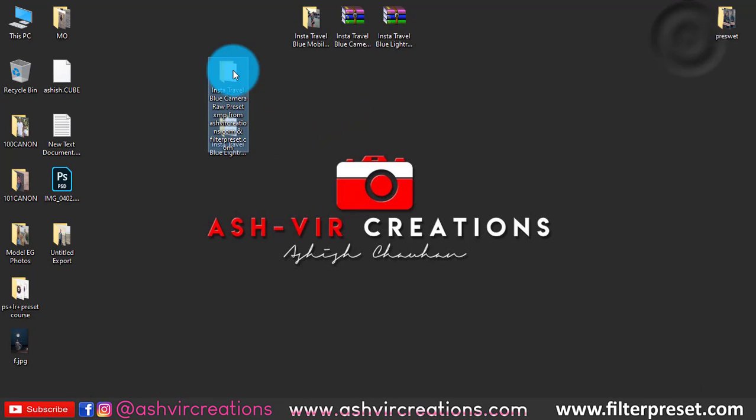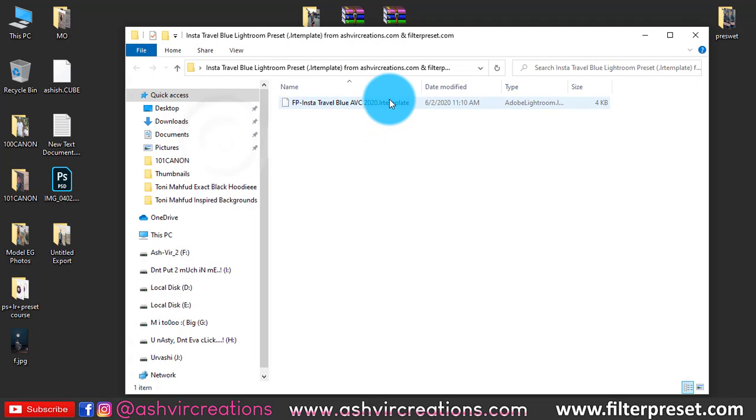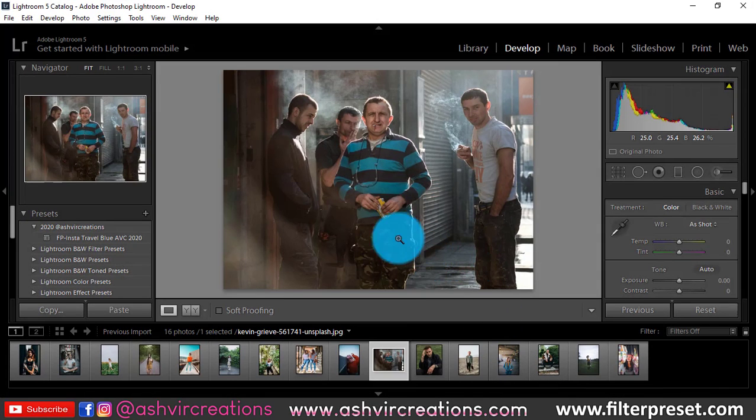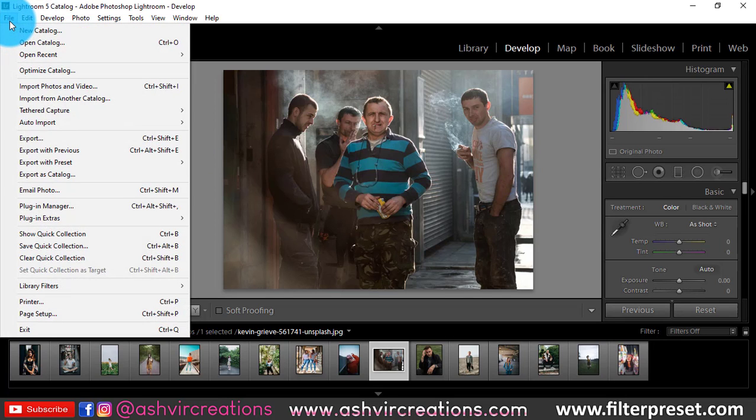Now we're gonna open up this Lightroom, that is a .lrtemplate, the extension for your desktop Lightroom, right? As you can see, this is my desktop Lightroom. I have already installed the preset to my desktop Lightroom folder. If you wanna see how to install the preset to your desktop Lightroom, then all you need to do is just go to the file, click on the